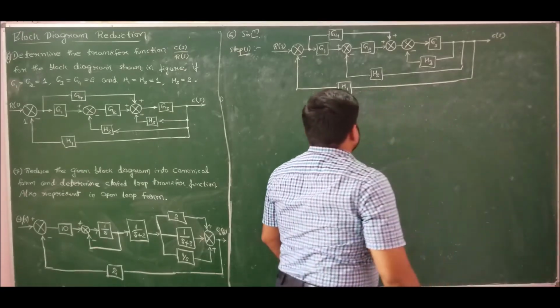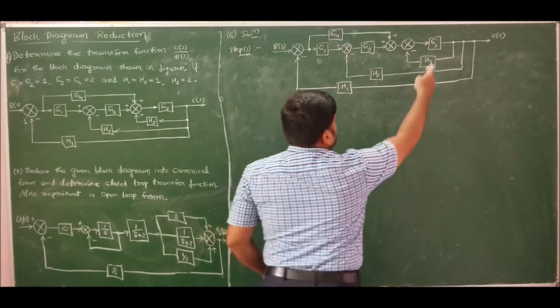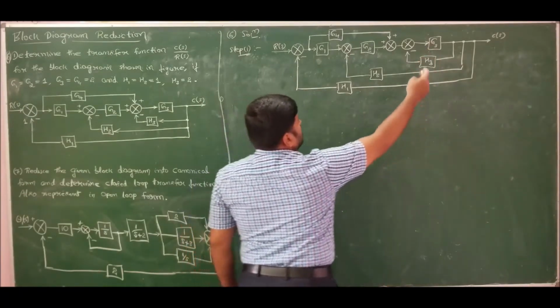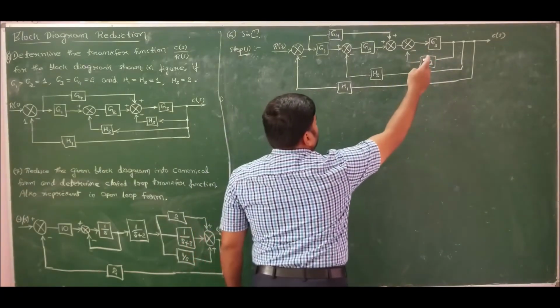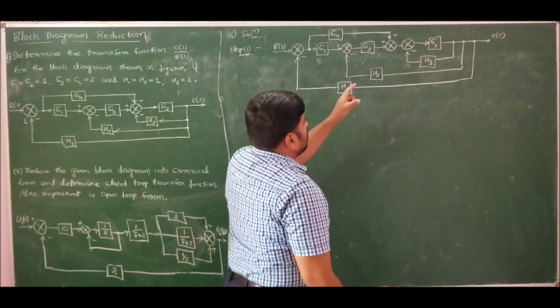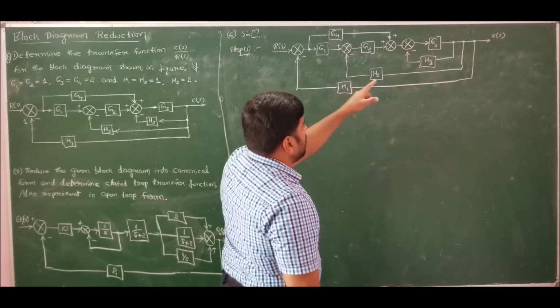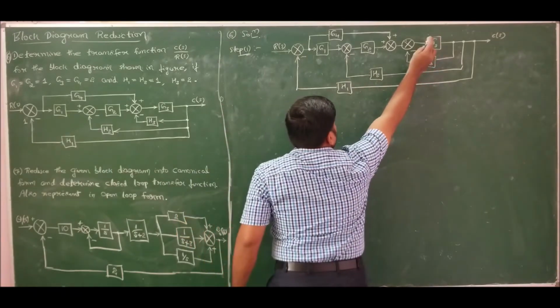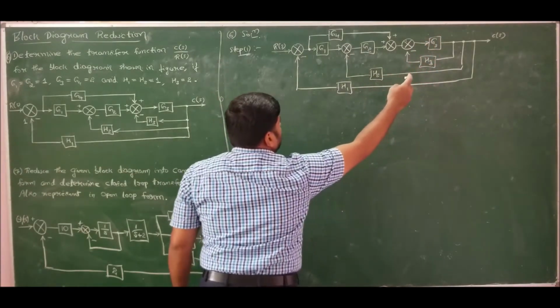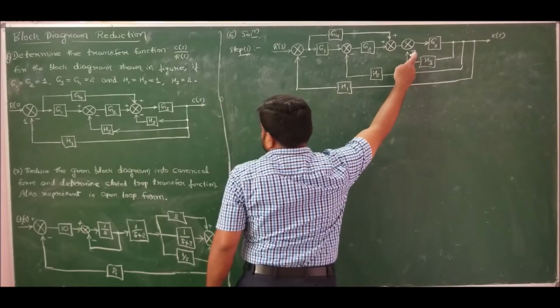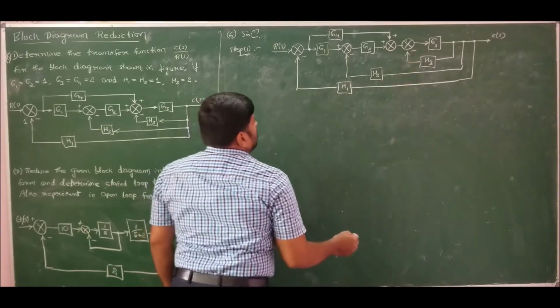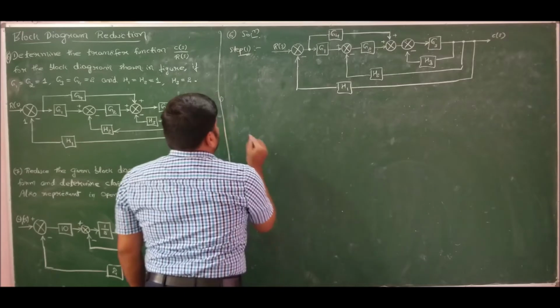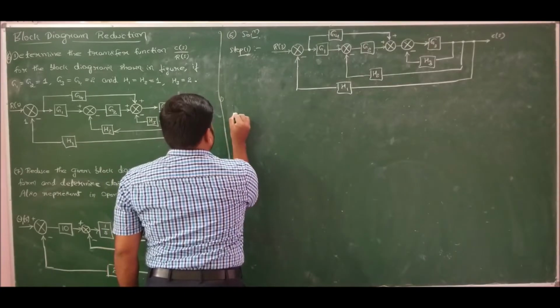So now directly we know that this is the loop. So therefore close this loop, because we have one forward path, one backward path having only one block each, and also we have one takeoff, one summing point. So close this loop, that is G of s by 1 plus G of s H of s. Because the feedback is negative, I should use positive in the denominator. So if I solve for that, I will get in step 2